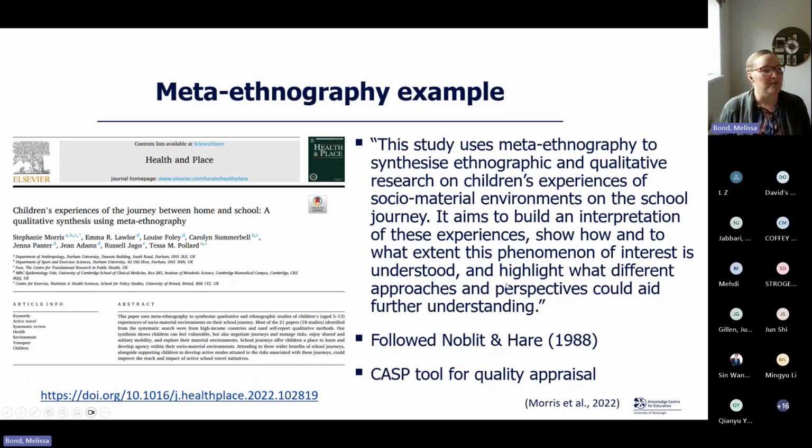So they followed a particular approach that's widely cited, Noblit and Hare, and they used the CASP tool for quality appraisal. Now, the CASP tool, if you haven't come across it before, is the critical appraisal tool that has been developed, and they've developed it for not just qualitative studies, but also quantitative, systematic reviews, mixed methods, and all sorts of things.